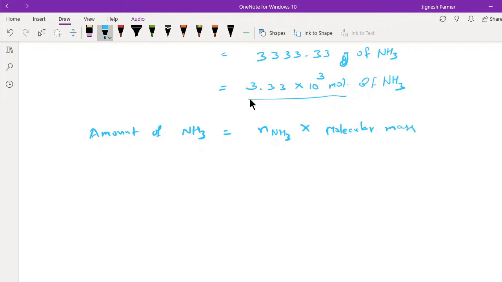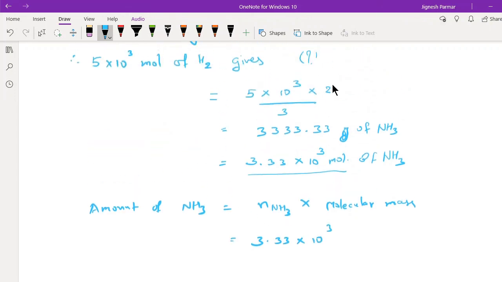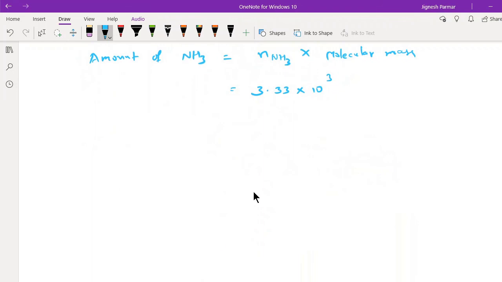So dear students, as we know, what is the molecular mass of ammonia? So this is 3.33. Now my answer may differ in some points, because I have taken the value of hydrogen as exactly 1 only. In a book it may be given in a different manner. So what you are supposed to do is multiply by the molecular mass of NH3. 14 plus 3, the answer will be 17. So 17 multiplied by 3.33, I have removed certain points so that we do not have a big number.